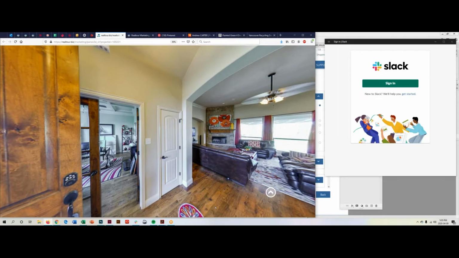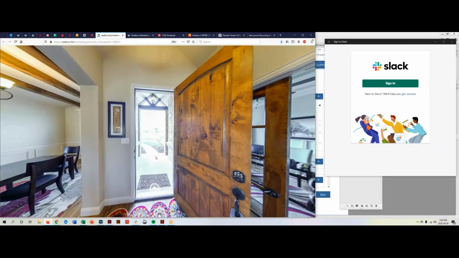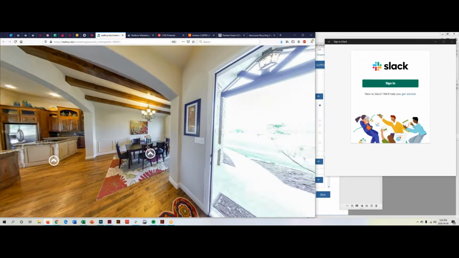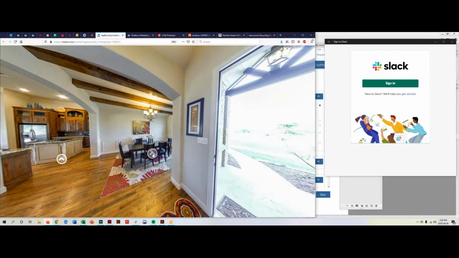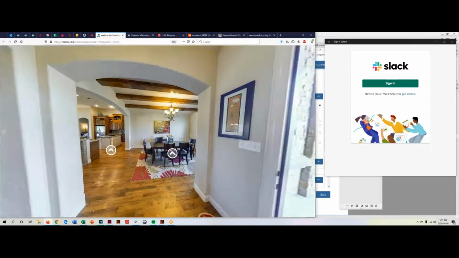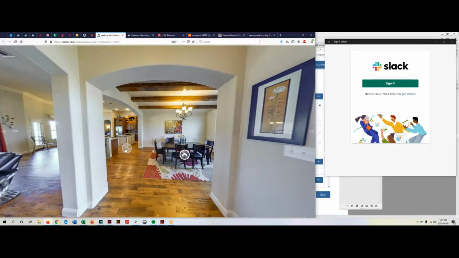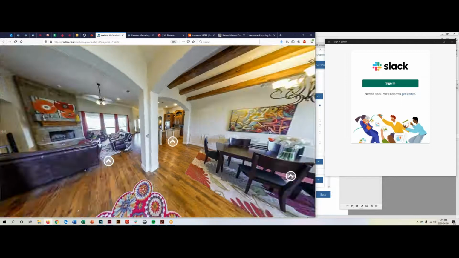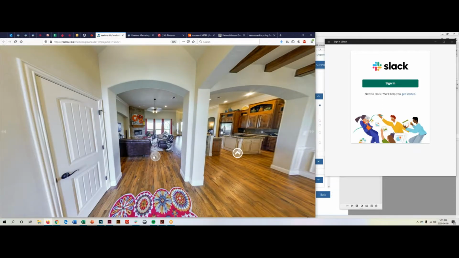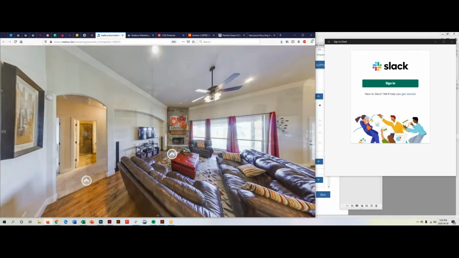oh, look, there's a study. Come all the way around, there's the front door again. All the way around, I see there's a dining room and there's a hotspot, so I could move into the dining room. Here's the kitchen. I could click on this hotspot and move into the kitchen. Here's the living room. I can click on this hotspot and it moves me into the living room,